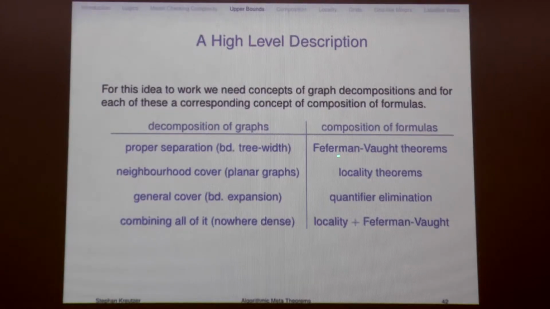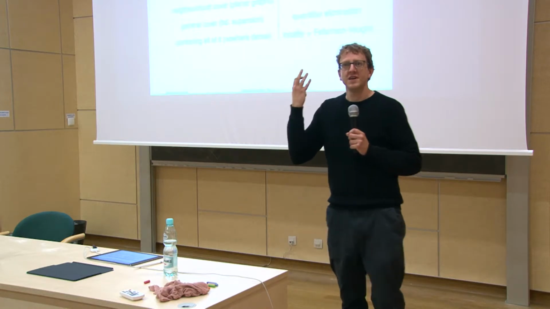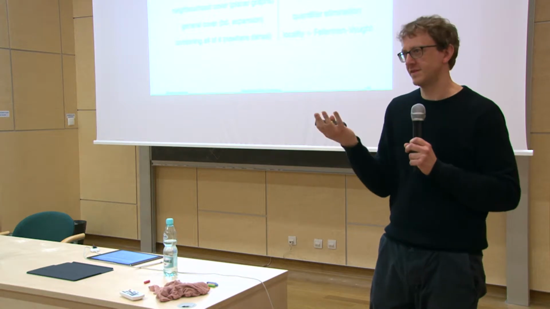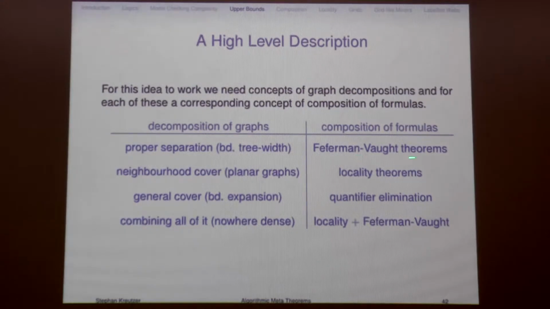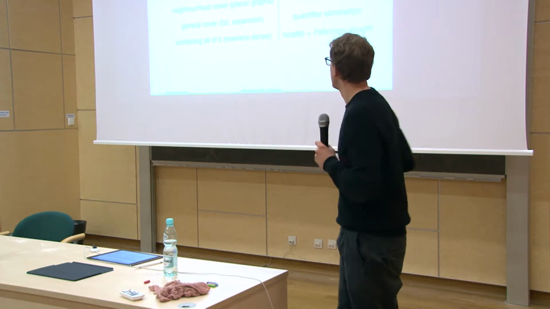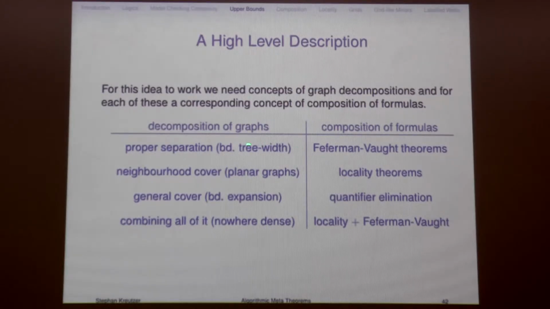So we have a logical theorem, which you'll see in just a few slides. It's a Feferman-Vaught style theorem, which means the truth of a formula in a structure can be inferred from the truth of substructures in a precise way. And it turns out that this corresponds in spirit, and also very precisely, to the proper separation we had in the tree case. We can take out a vertex and disconnect your graph into two components. And there will be a one-to-one correspondence, and then we can use this in connection with the treewidth to get good algorithms.